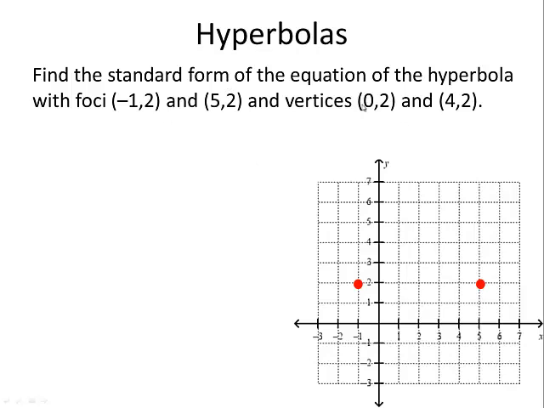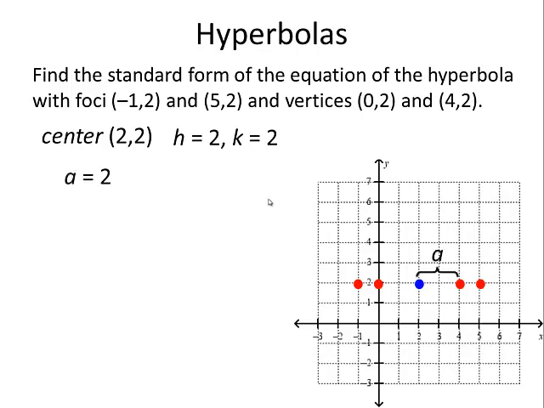You can also do it with these 2 points and it comes out exactly the same, right? So you can also find the middle between the 2 vertices, and that will also be (2, 2). So I know my center is at (2, 2). That means h and k are 2. All right, we know that the distance for a is from the center to the vertices, so that's going to